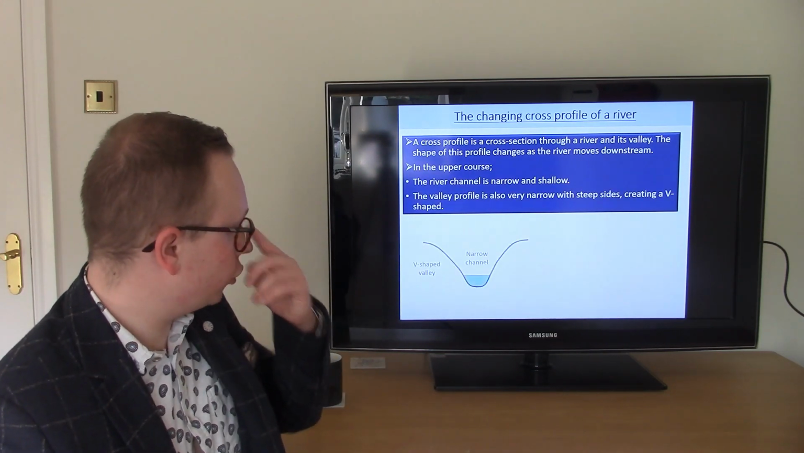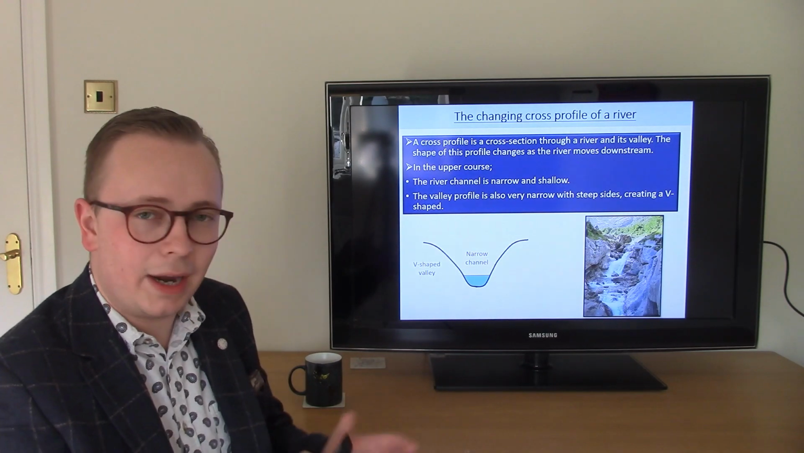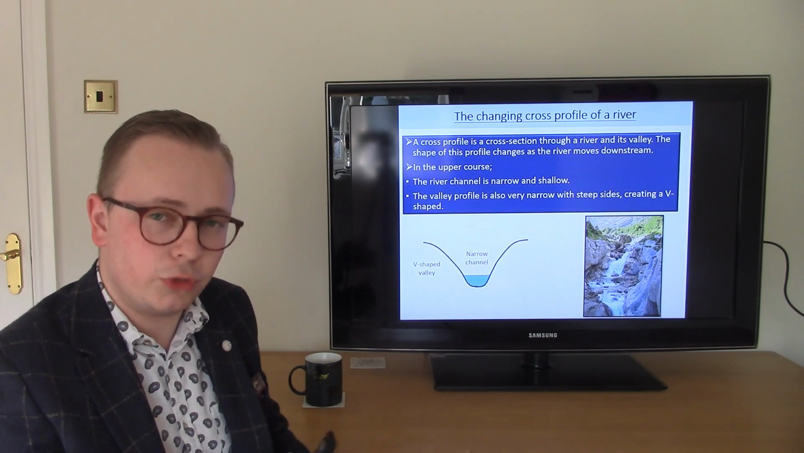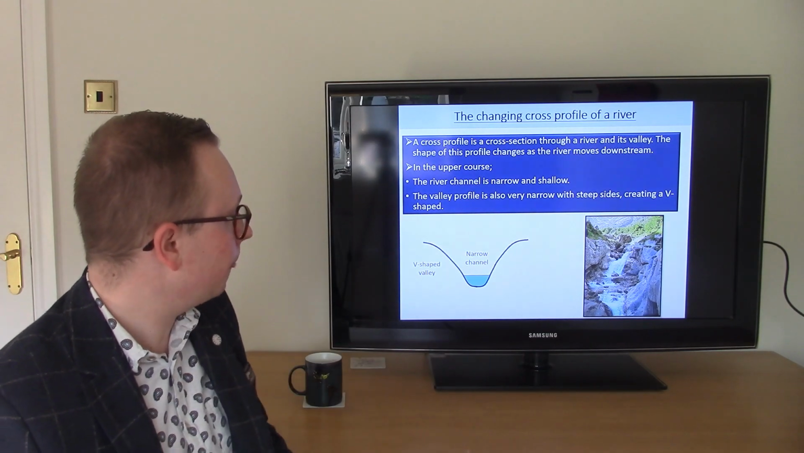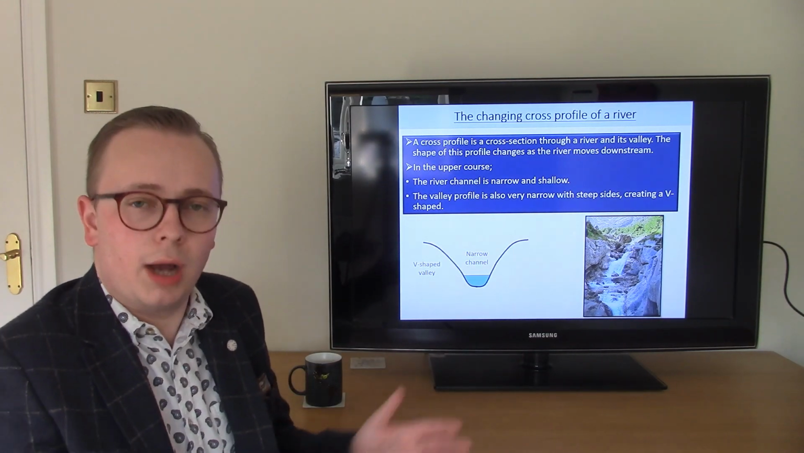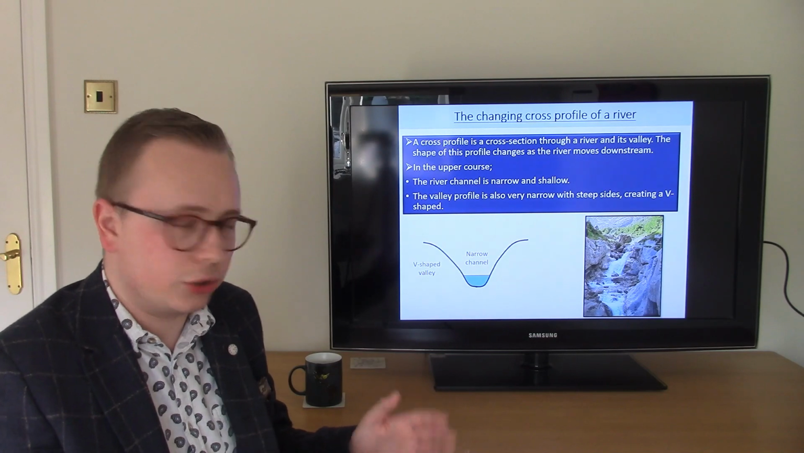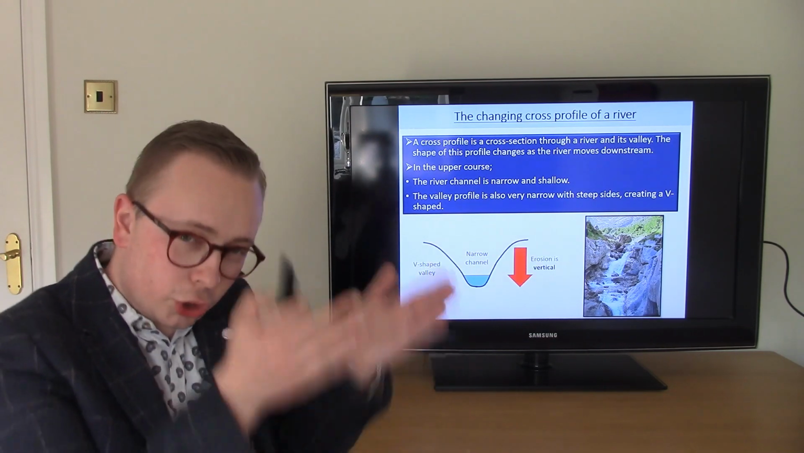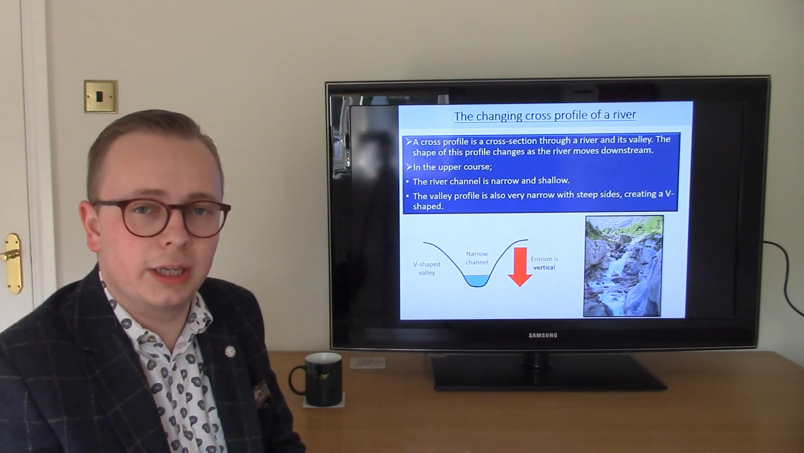So in the upper course, the river channel itself is very narrow. It's near its source, there's not that much water in the channel at this point. So it's a shallow channel, often quite rocky as this image is showing. And the valley is also rather narrow and steep-sided. It's called a V-shaped valley at this point, and that's due to that vertical erosion cutting down through the landscape, creating this very